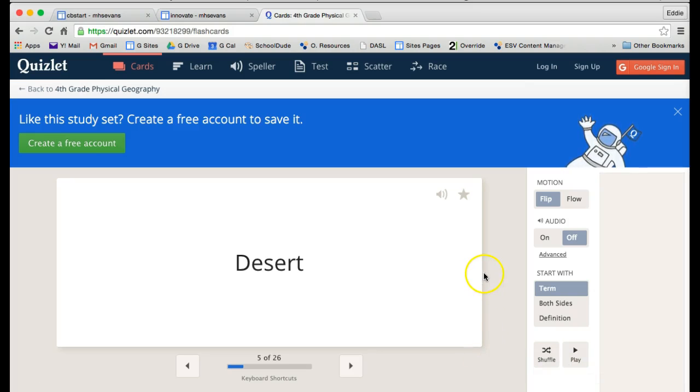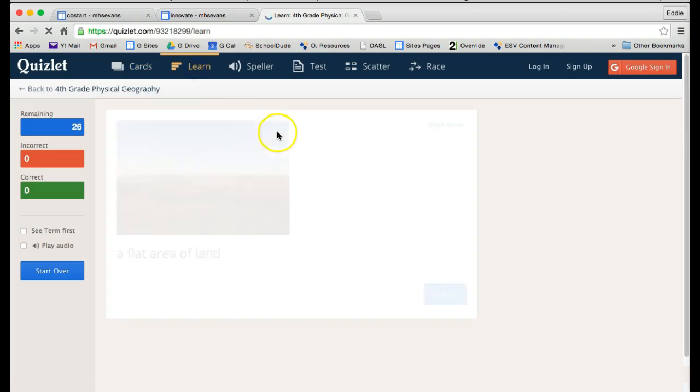All right, so that's the flashcards section. And the deal is, you want to spend some time here first in flashcards because you want to understand the words and the definitions before you do anything else in Quizlet. So if you look up here at the top, there are some other areas that you can go to help you learn the words. If you click on Learn,